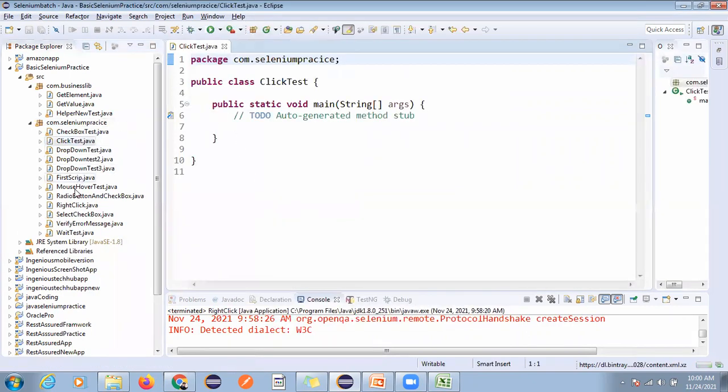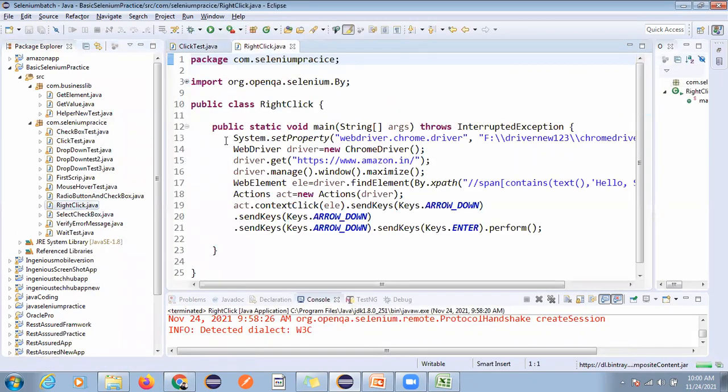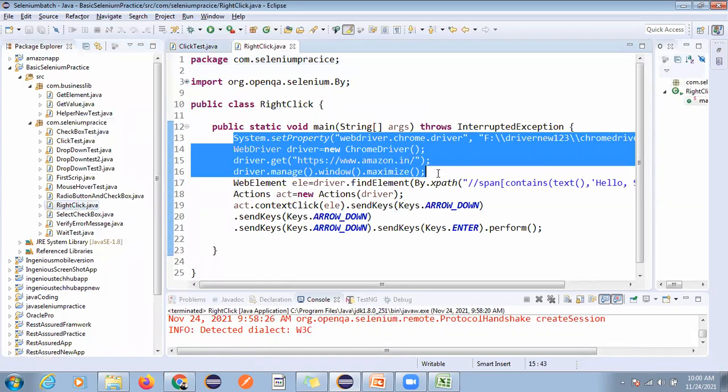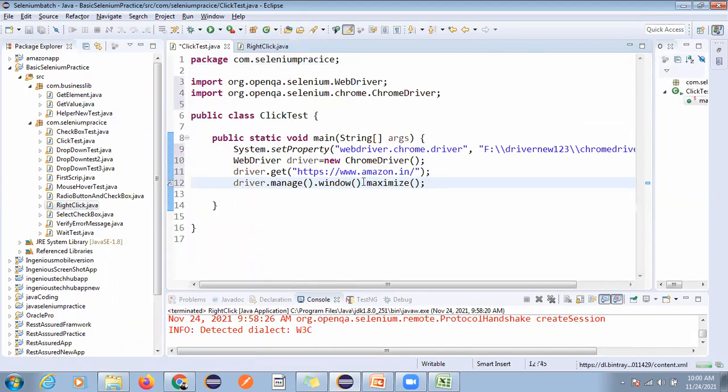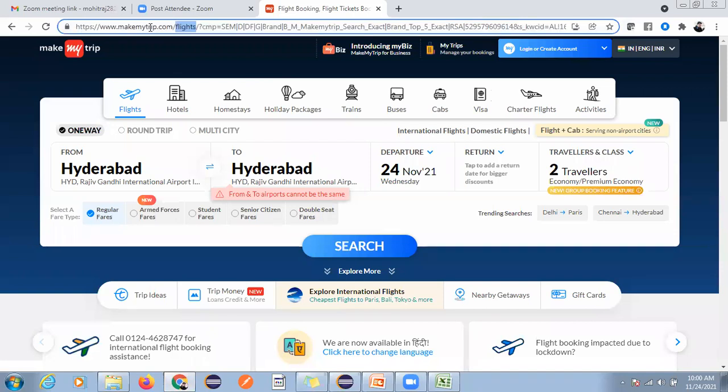I'll copy the same right click element and paste it here. Now I have to change this URL also.